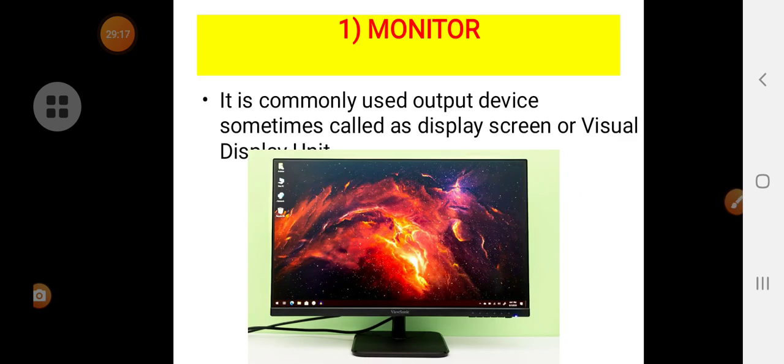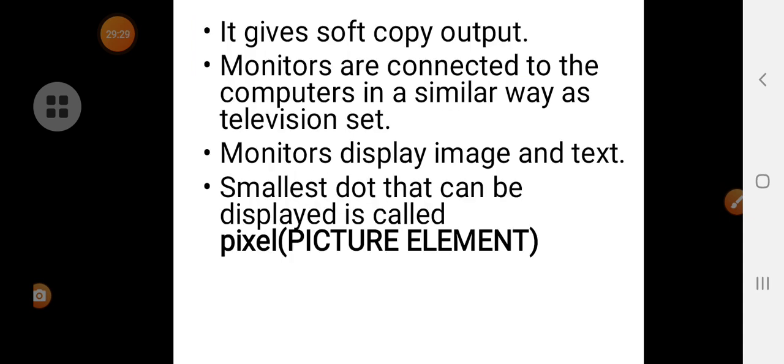So explain the monitor. The question is there: what is a monitor, explain the monitor and tell the monitor types. So a monitor is an output device. It provides a soft copy of the output. It is connected similar to the television set.